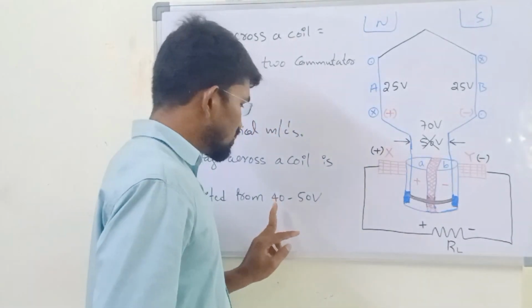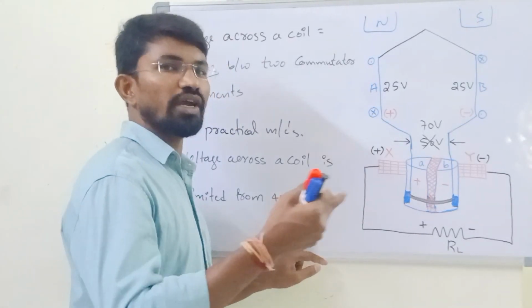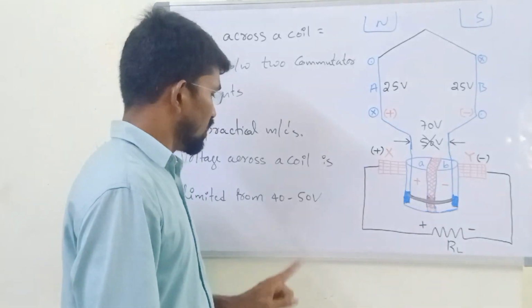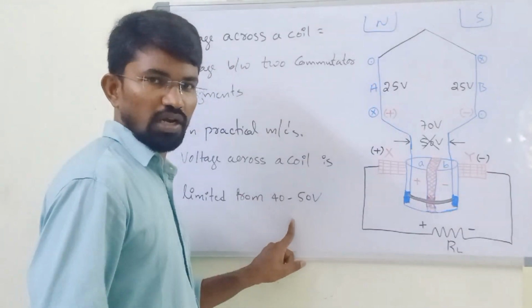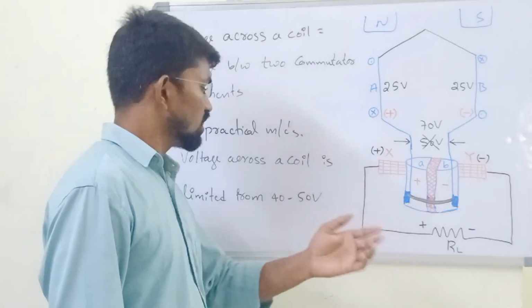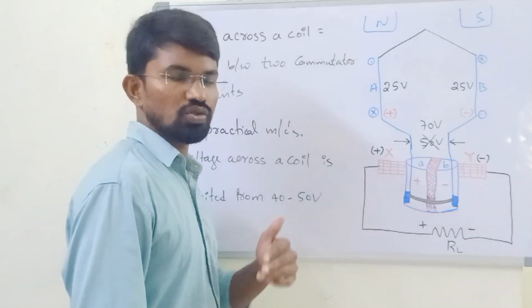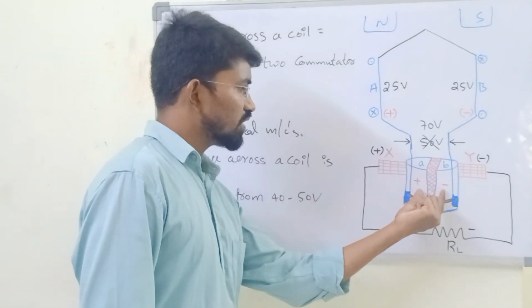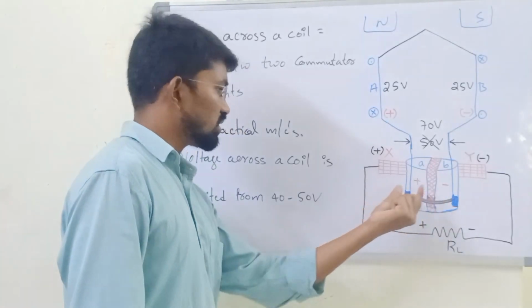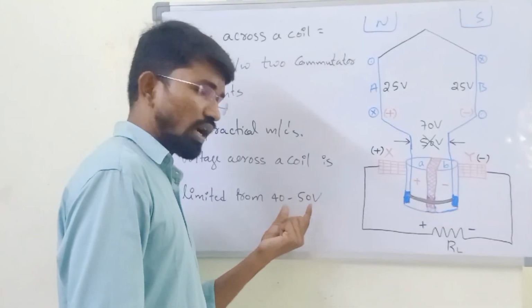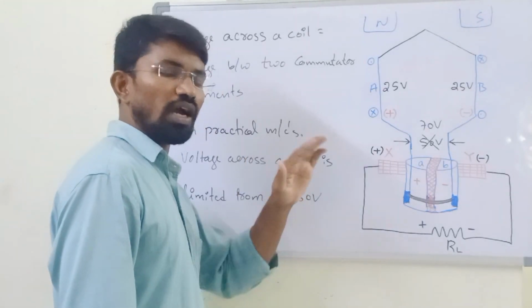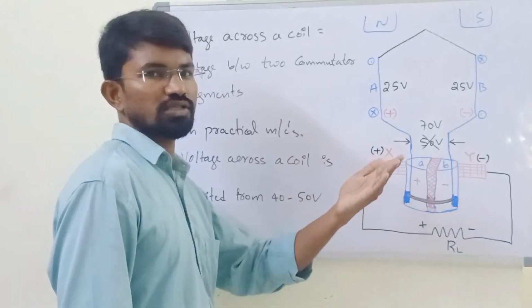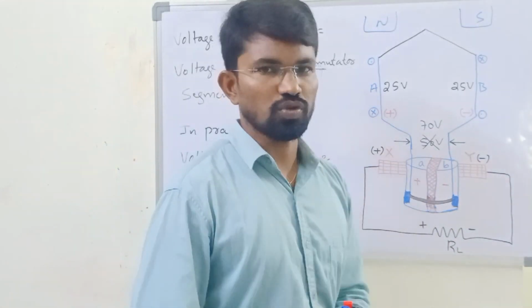But when one coil voltage is limited to 40 to 50 volts, how will a DC generator induce 500 volts, 1000 volts or 2000 volts like that? It's very simple. This voltage limit is for only one coil. If you want to induce more voltage, connect more coils in series so that higher output voltages are possible. So this insulation width has a limit, and that voltage is limited to 40 to 50 volts, and this limit is for only one coil. If you want to generate more voltage, connect more coils in series so that higher output voltages are possible.